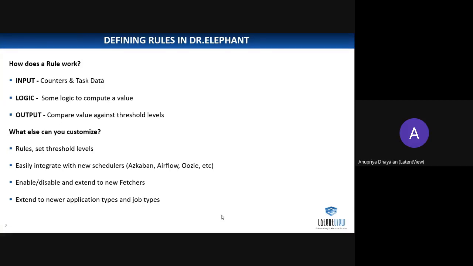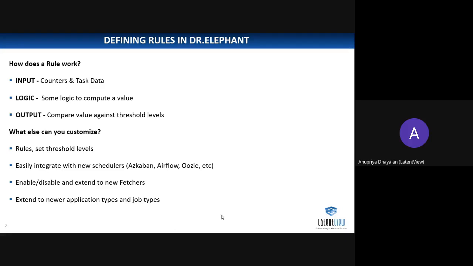You can set the already defined threshold levels. If you want, we can change the threshold level which is already defined according to our application, and it can be easily integrated with new schedulers. As you all know, we have a lot of workflow schedulers, like Azkaban, Airflow, and Oozie, in Dr. Elephant.